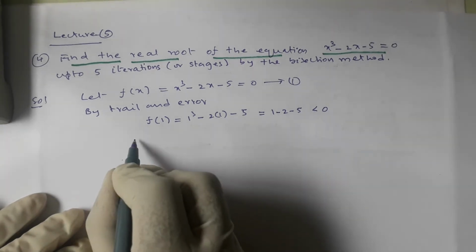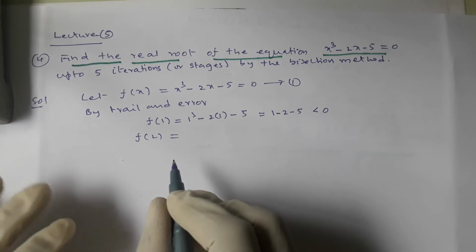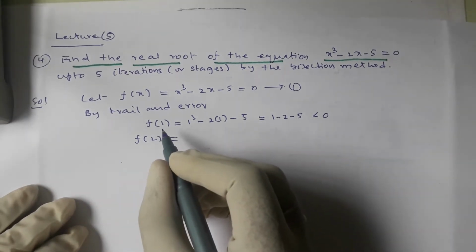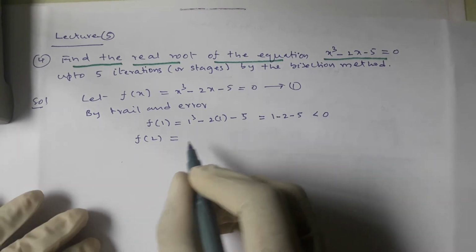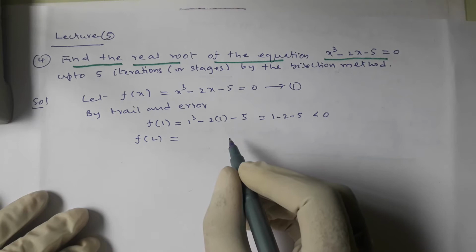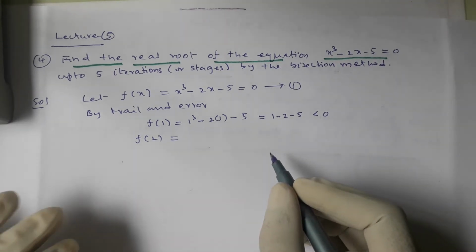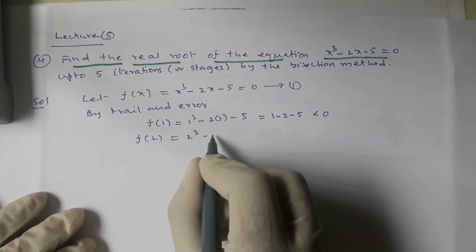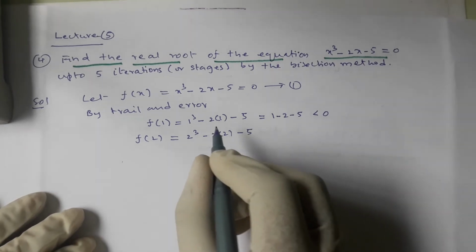Next, f of 2 is what we are verifying. Applying the integral values in the function so that one may be less than 0 and the other may be positive. If both are less than 0, again we will continue. Next, it is 2 cube minus 2 into 2 minus 5 is equal to minus 1